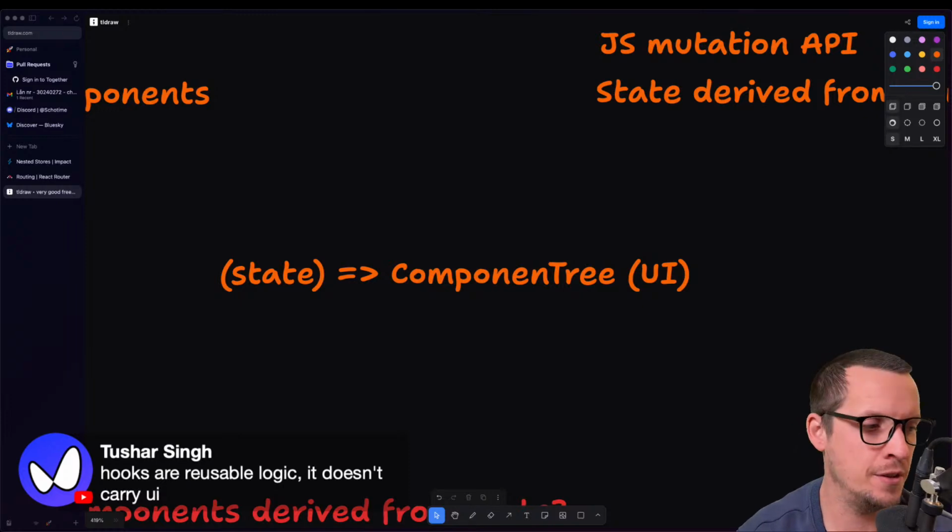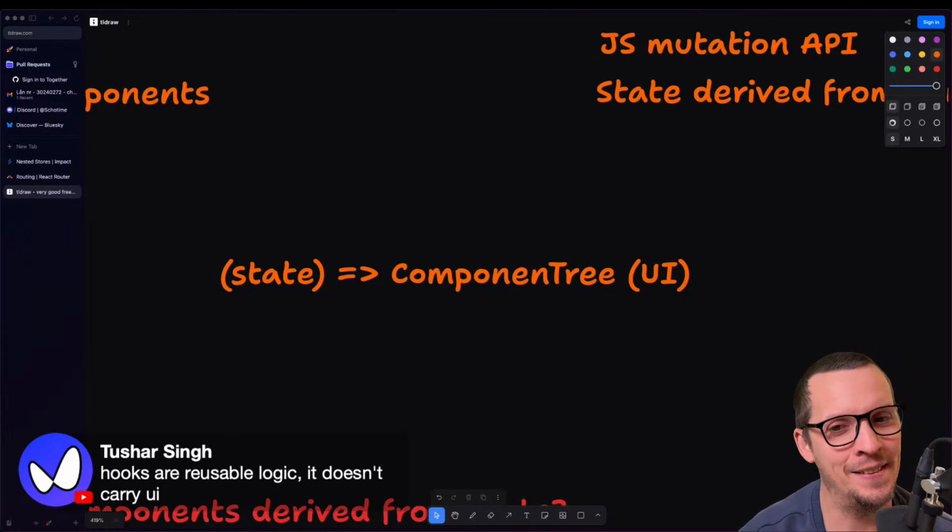Sorry, we're not saying it's more like which one affects the other. If you do external state management, your components are deriving from that external state management.